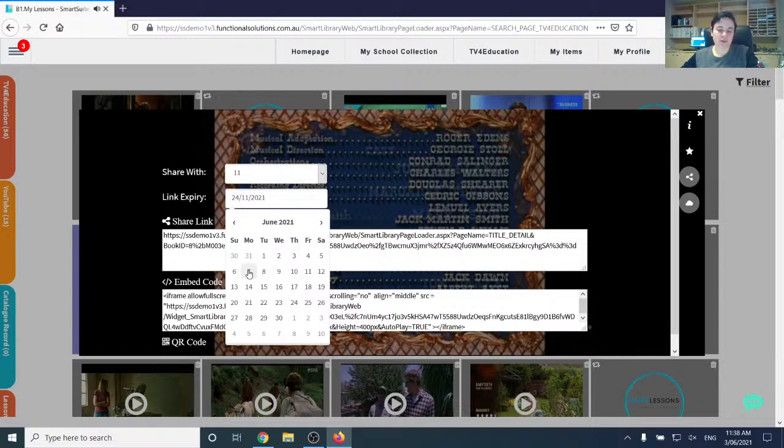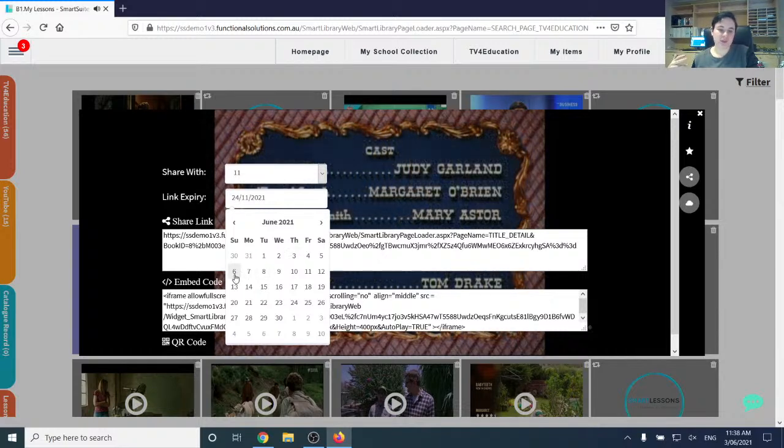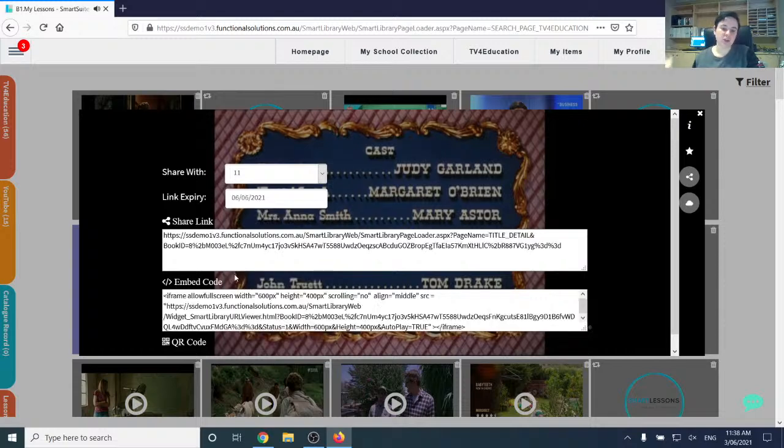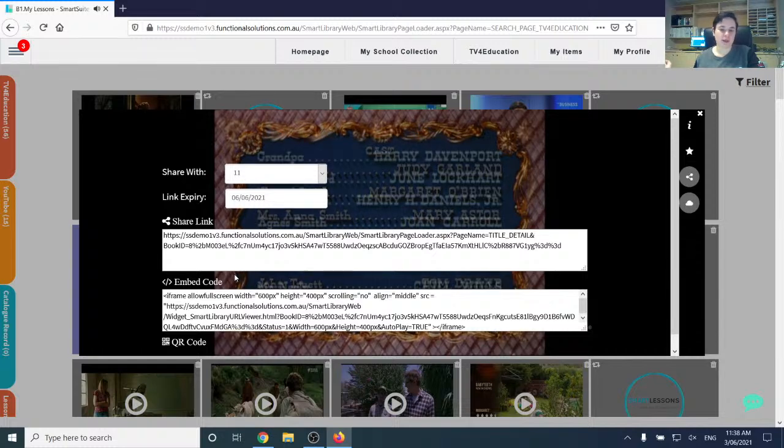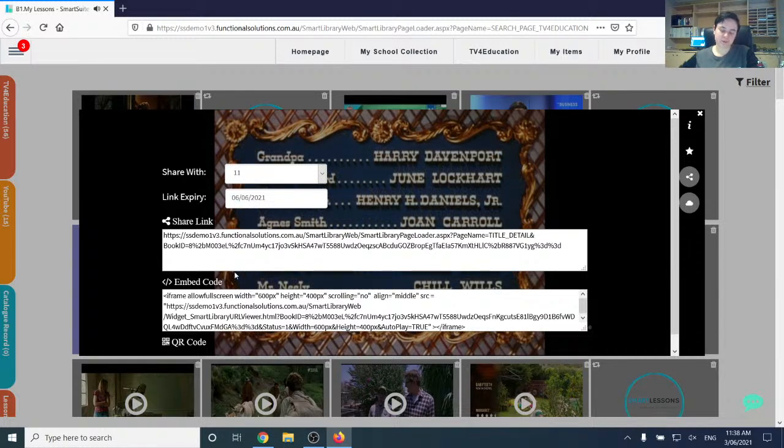So their outcome is on the Monday. So you can say you want this link to expire on Sunday because you want them to make all of their notes before then. You can do that as well. So the expiry date can be as far forward as you want or as close to the current date as you want. So once you've submitted those two categories, it will automatically create your share link for you